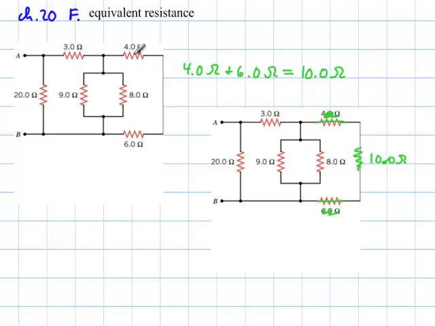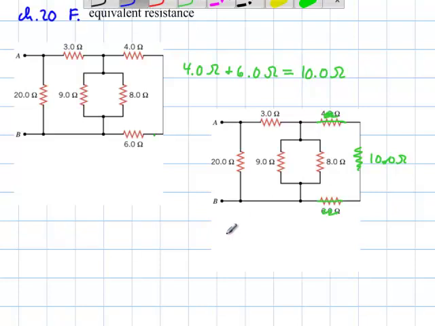And again, if I look at these two here to begin with, these two are indeed in parallel with this one and this one. What I did now saved me some effort, realizing that these two here being in series, the 10 ohms, are also in parallel with the 8 and the 9 ohms. So what I'm going to do next is change the color